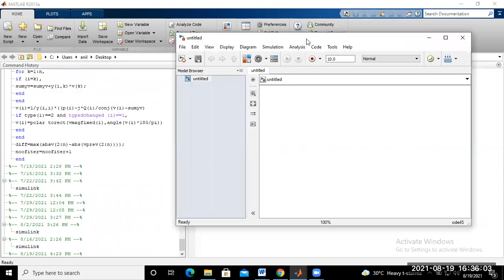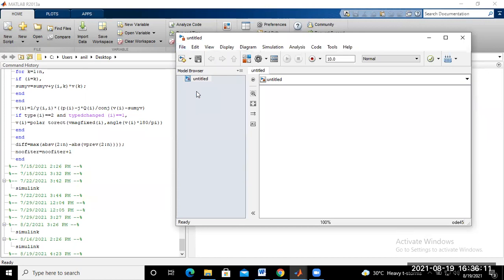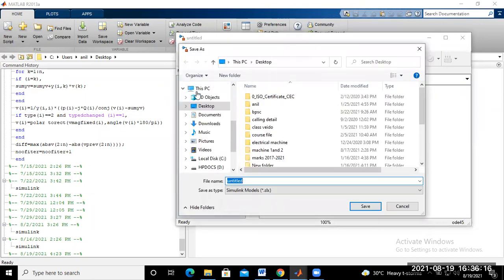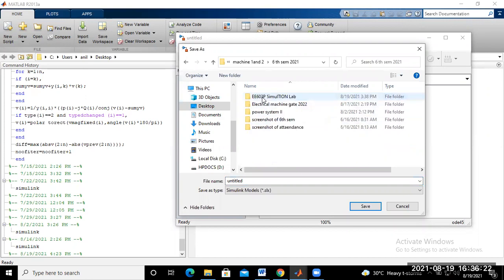First of all, we try to save this model with a particular name. Let's save it here in the simulation lab folder.